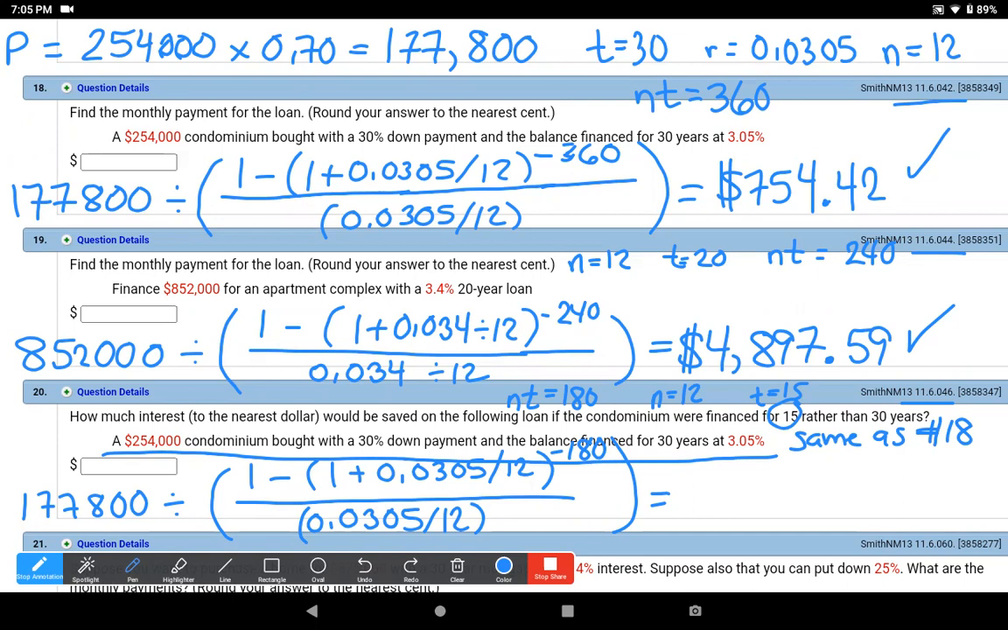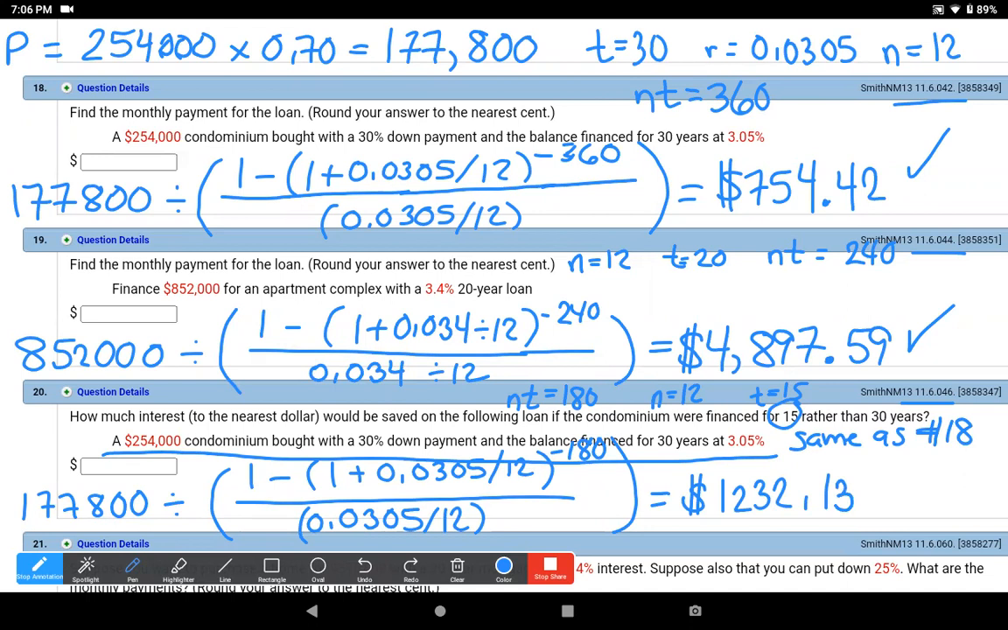Let's see, divide by denominator 0.0305, divide by 12, and enter. Here I'm getting a monthly payment of 1232.13. Now, whatever they asked us,